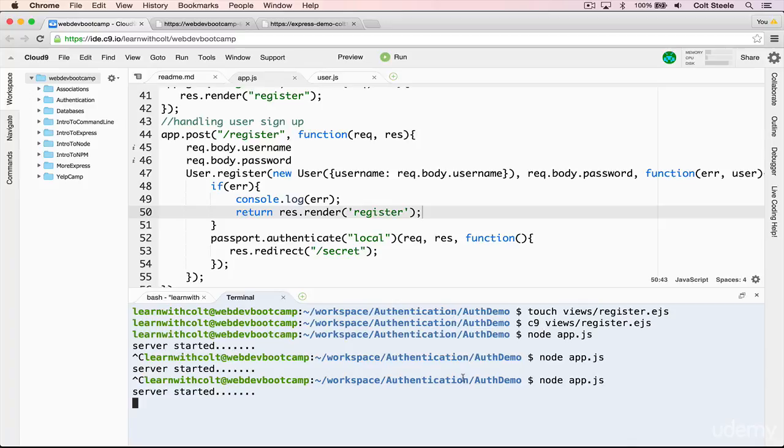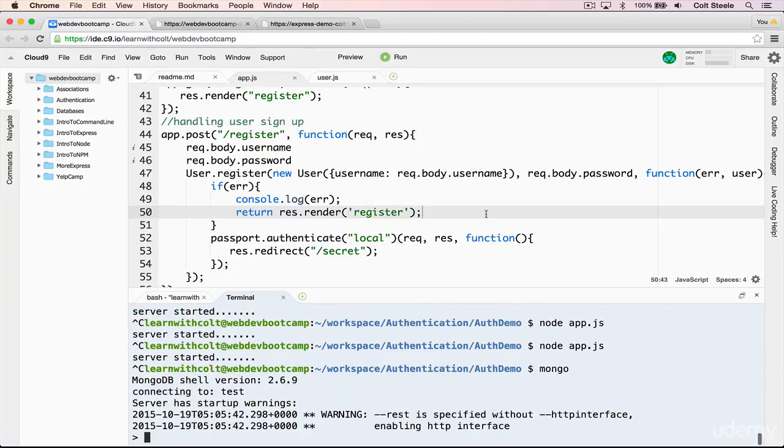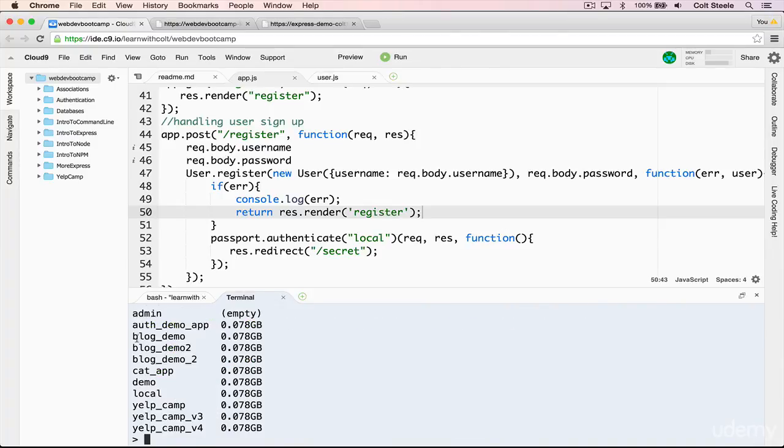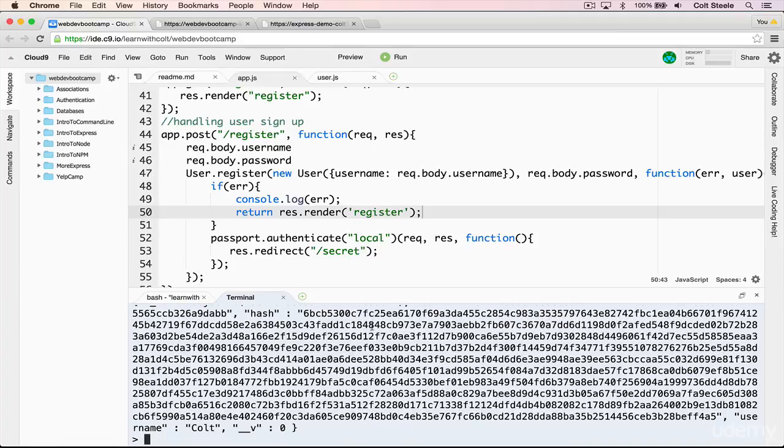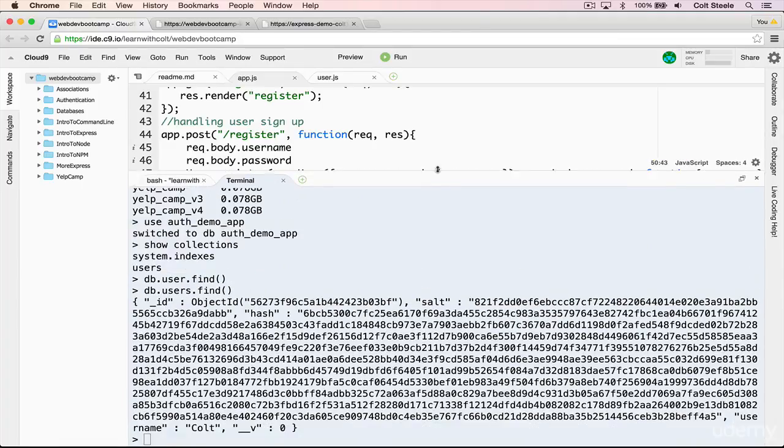But to really make sure that it worked, let's stop the server, and let's actually open up Mongo. And I'm going to connect to my database, so I'll do show dbs, and the database is auth demo app, so I'm going to use that, and then I'm going to look at the collections, show collections, and then we're going to do db.users.find. db.users, and you can see, let me make this a little bit bigger,